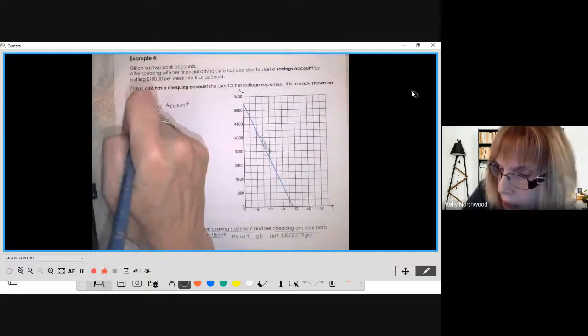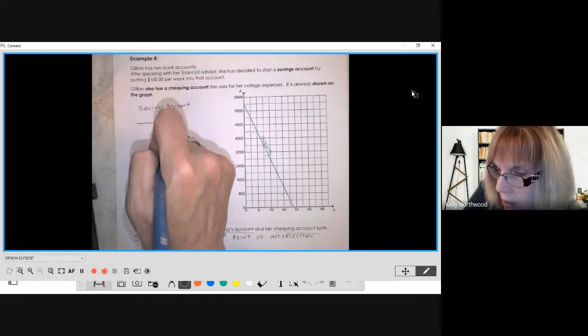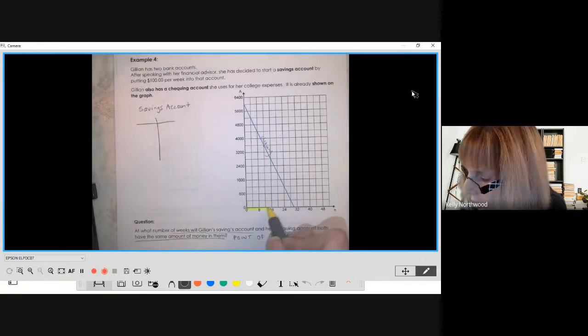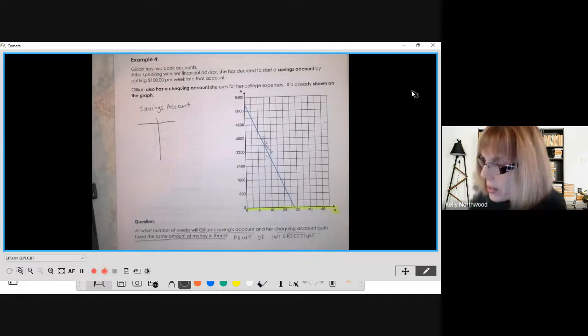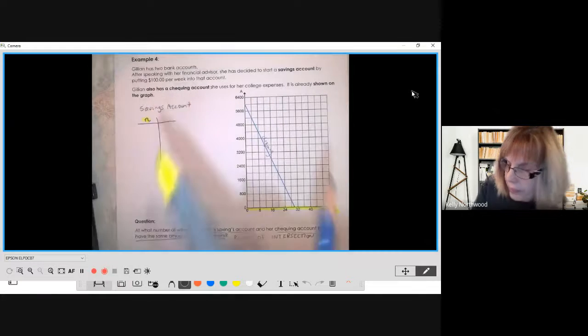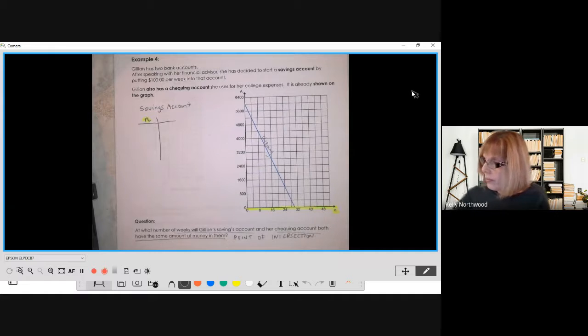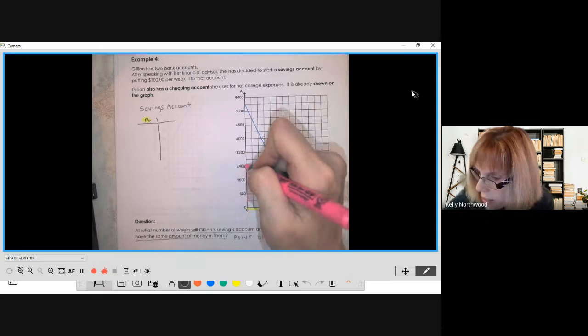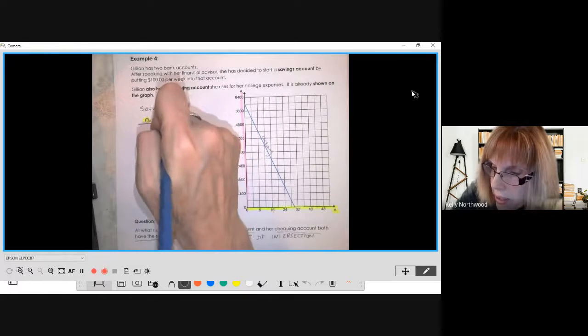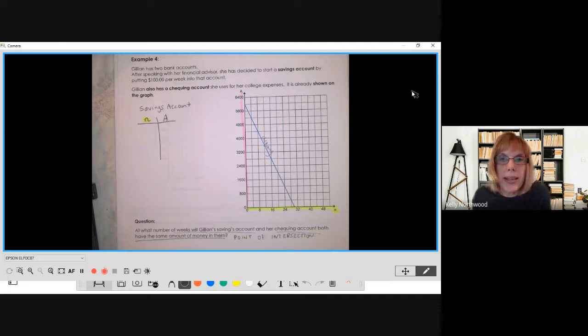Because you have to create your own table of values, you're going to take a lot of clues from what's given in the question. For instance, we know our horizontal axis is going to be what's in our first column. So we're going to put N, which stands for number of weeks, in the first column of our table. And then we know the vertical axis always represents what goes in the second column of our table. So we know that amount in the account is going to be what goes in the second column of our